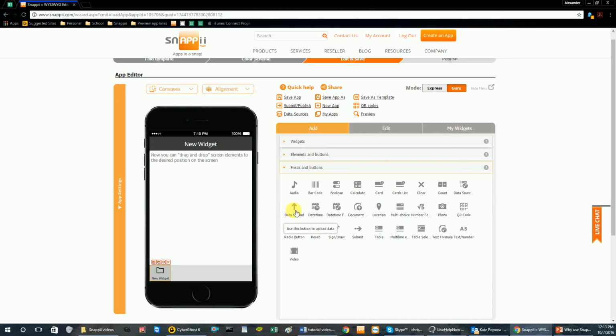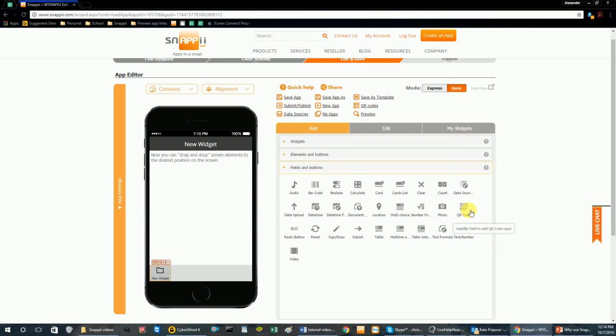You upload data, collect date and time, perform calculations based on date and time information, upload documents such as PDF and Excel files, capture location, add a multiple choice drop-down, the number formula where you can complete complex number calculations, a photo field